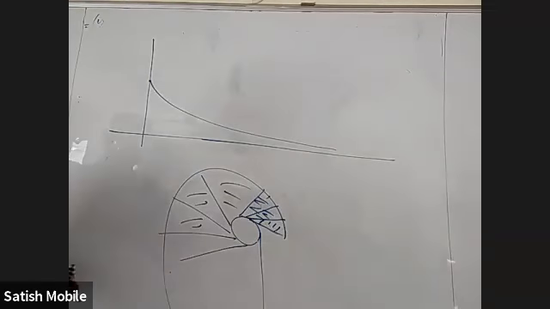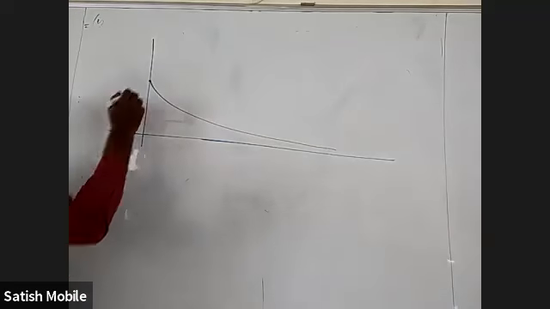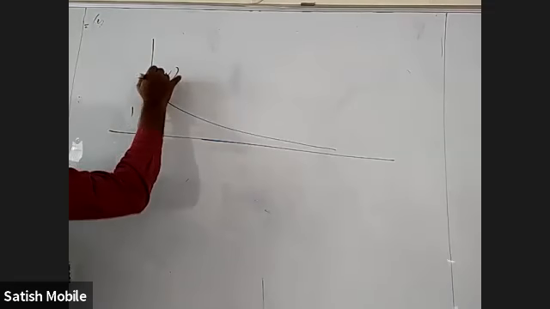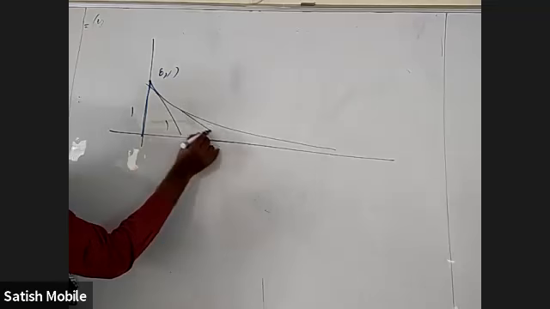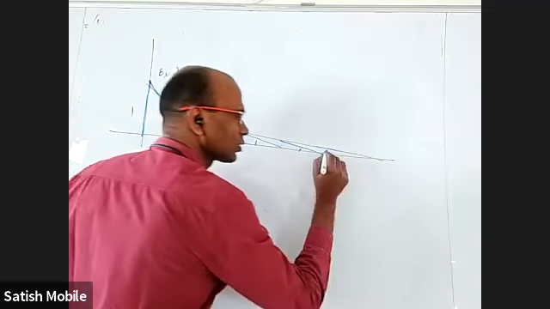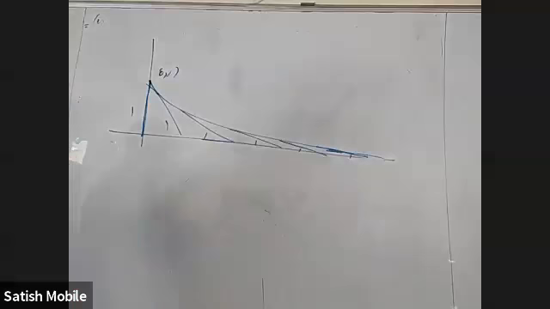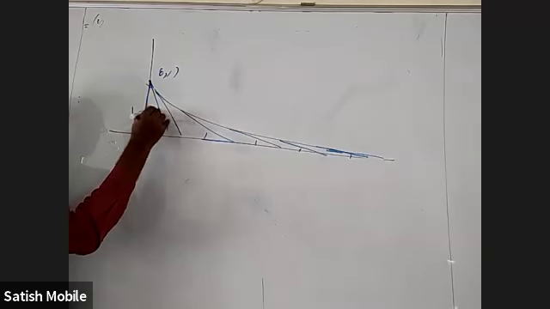Coming to this, here the length of tangent is 1, because this is (0, 1). This itself is the tangent. Later on, this length of tangent is also 1. Later on, this length of tangent is 1. This length of tangent is 1. Here also the tangent is horizontal, but every time the length of tangent is 1. What I'm going to do, if I want this area, I take this tangent and the little next tangent.